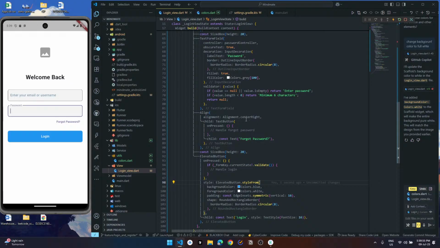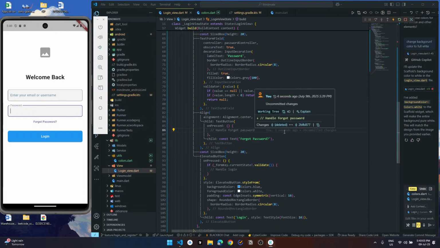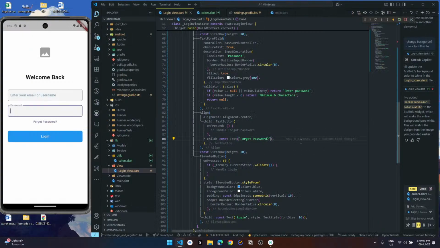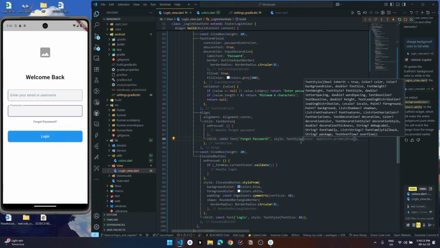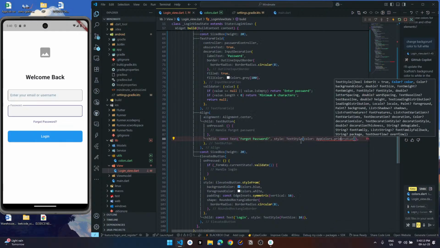So align this in center, not a center, just center, bro. And we need this forgot password in gray color, so style this text style and color into primary gray.